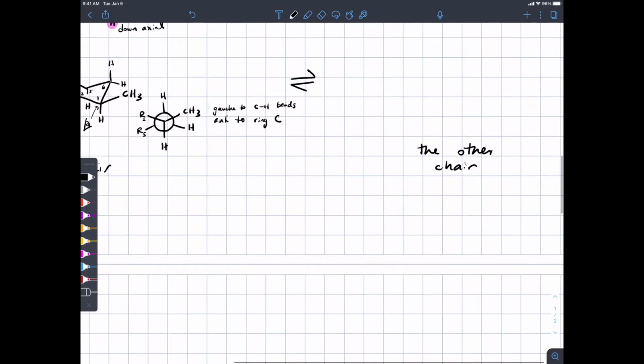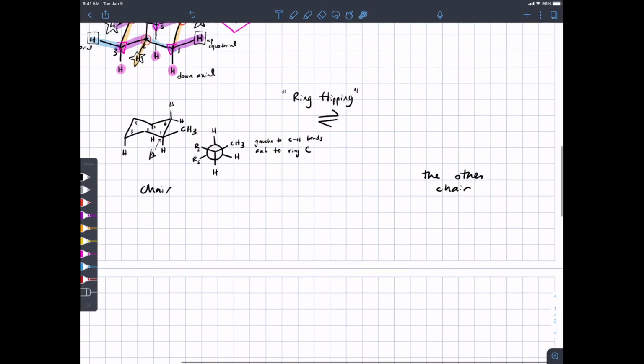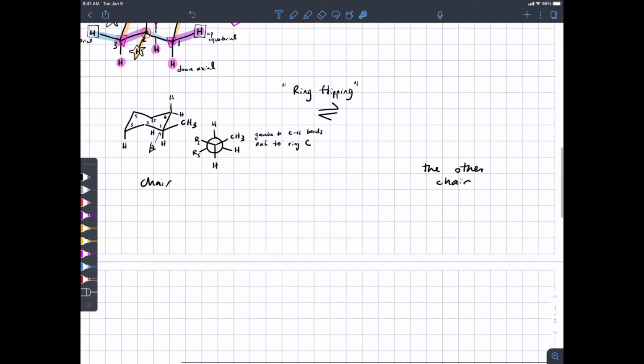Okay, so how do we get from the chair to the other chair? Well, this is a process that your text, I think, calls ring flipping. It's just rotation around carbon-carbon bonds in this six-membered ring. But the process of ring flipping makes all the up carbons, that is carbons 2, 4, and 6, shift downwards to become down carbons. And all the down carbons, in this case 1, 3, and 5, are going to shift to become up